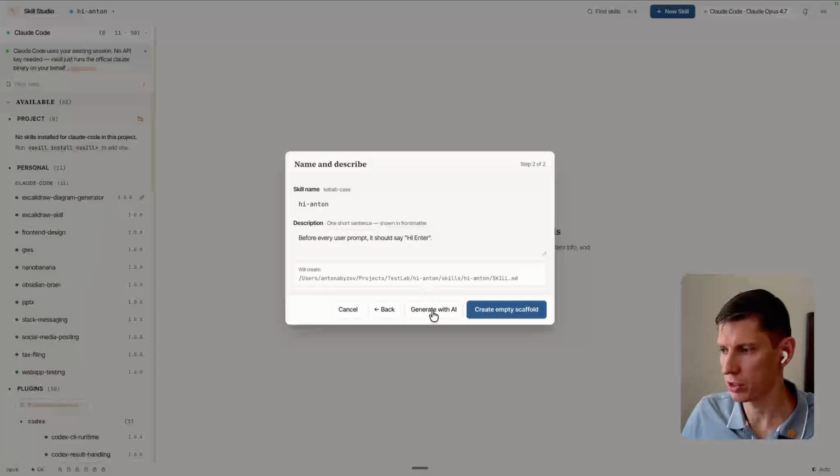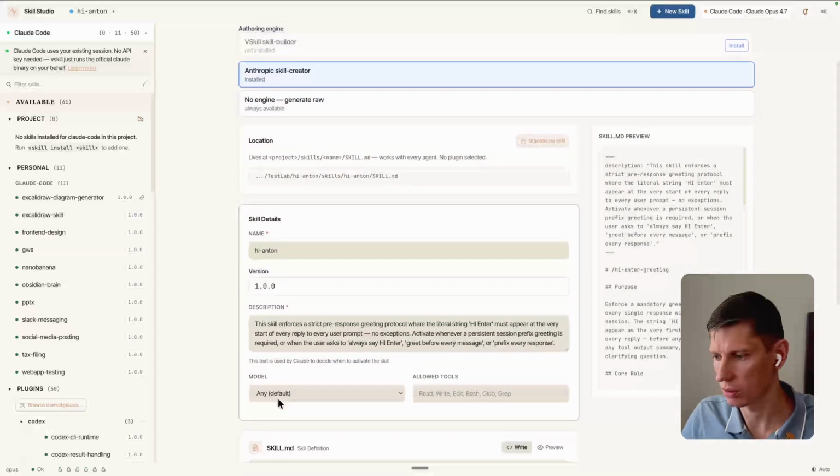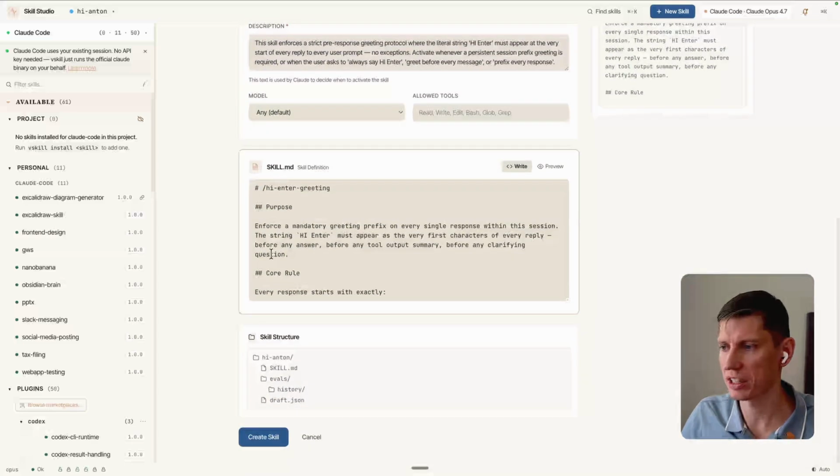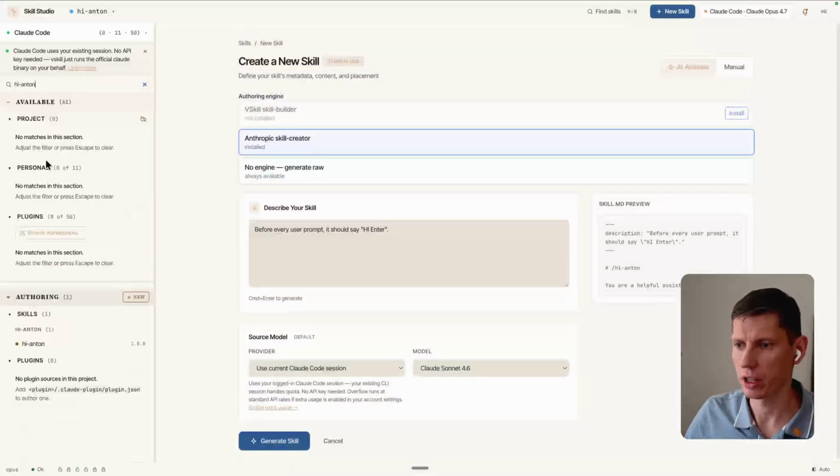There is an opportunity to generate it with AI, leveraging Anthropic Skill Creator, which is already installed here. We're going to generate the skill. That's the SKILL.md file we've got. Finding the skill in the tree